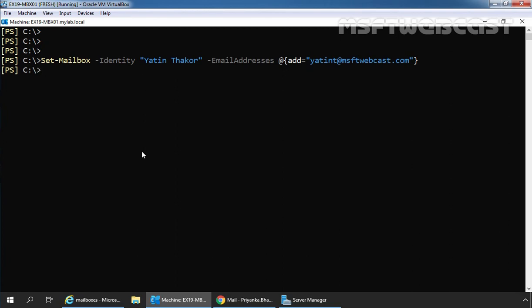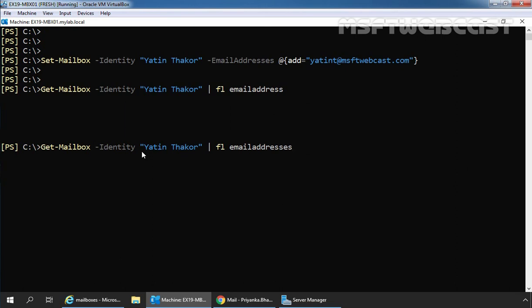To verify this, we can use the Get-Mailbox cmdlet or we can use Exchange Admin Center as well. Let's use the cmdlet: Get-Mailbox -Identity Yatin Thakur, pipe Format-List EmailAddresses. Let's press Enter key.